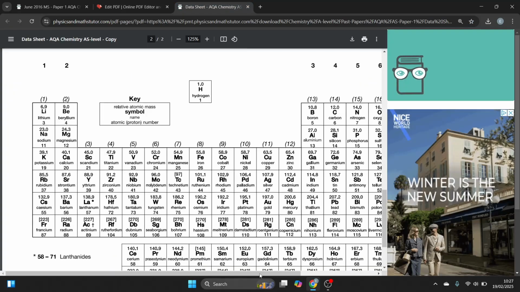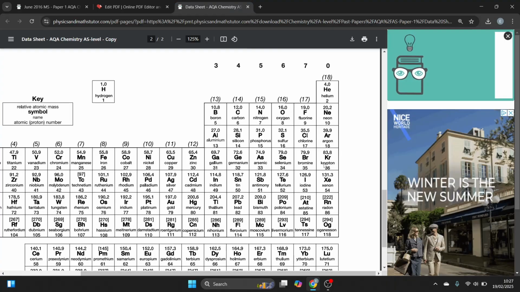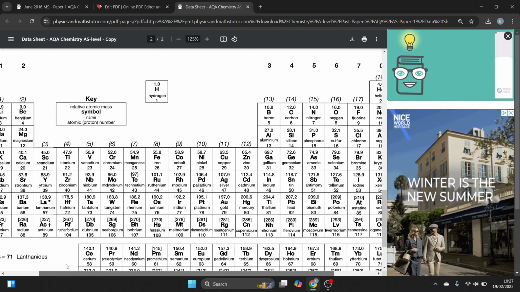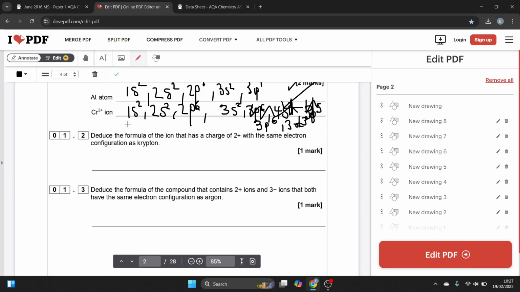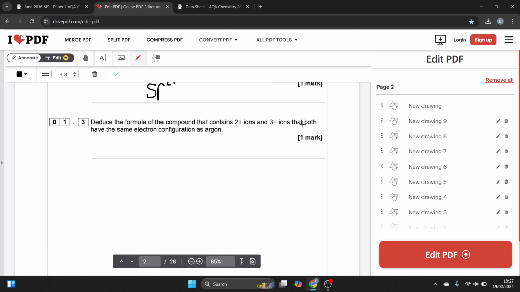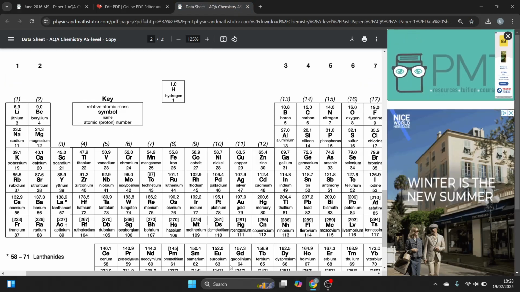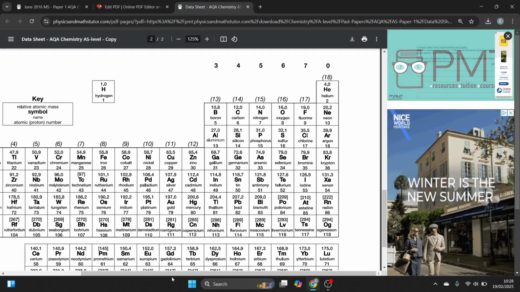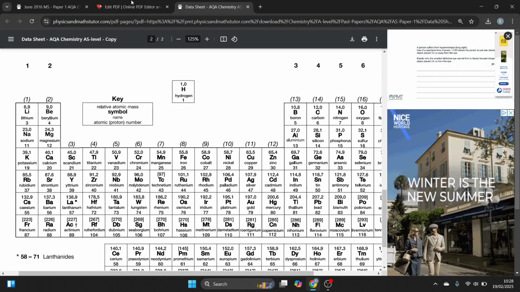So krypton, 36 electrons, 2 plus charge, so it's going to be Sr2+, because they've lost 2 electrons, and then you get the same electron configuration as krypton. The formula contains 2 plus ions and both have the same electron configuration as argon. So 2 plus ions, argon, 2 plus, so it's going to be Ca2+,